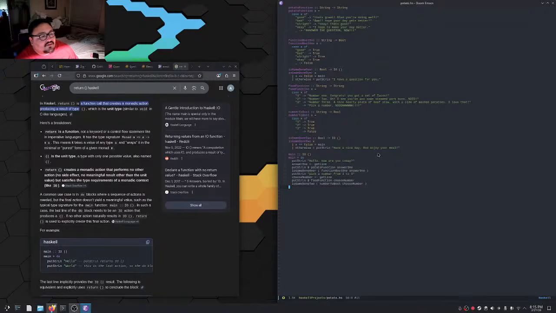So, now that I think about it, it uses guards and case expressions. I mean, what do you think of these lines of code? Like, is it bad? Or like